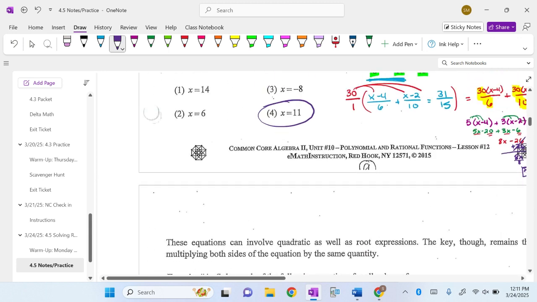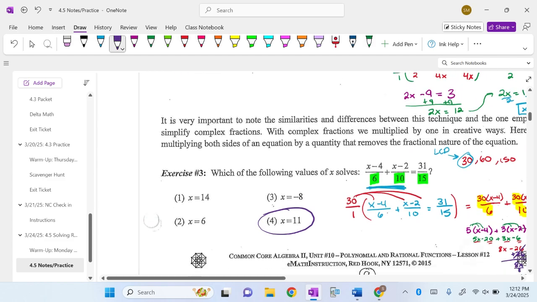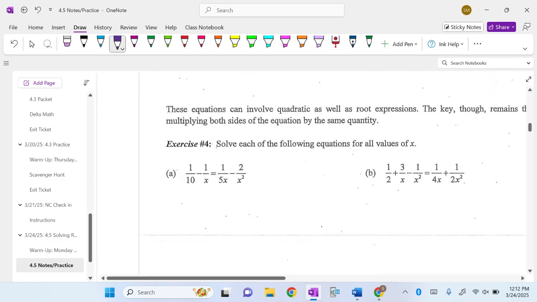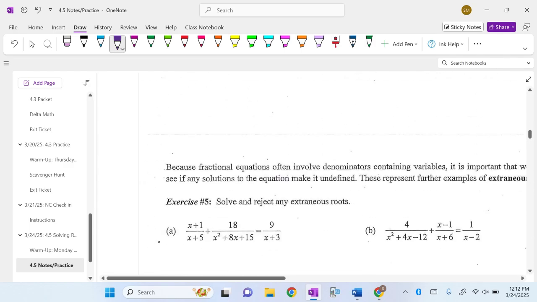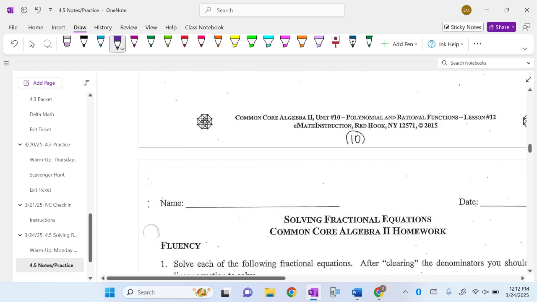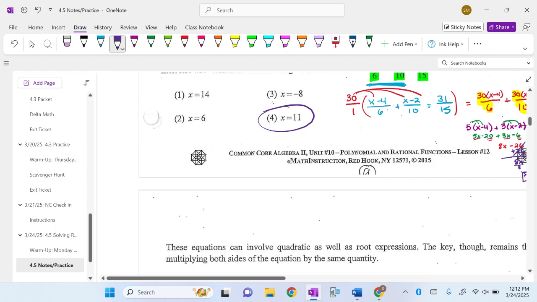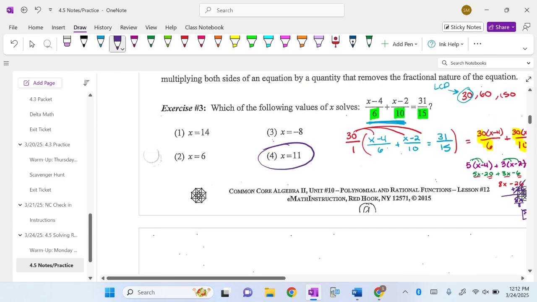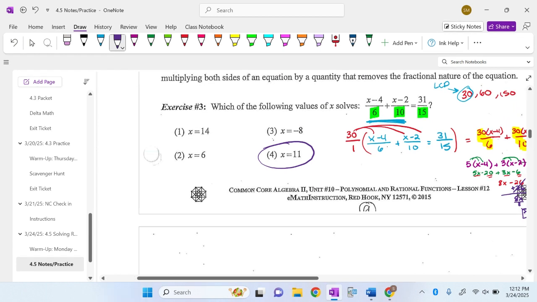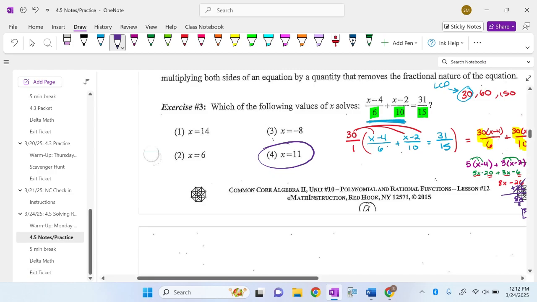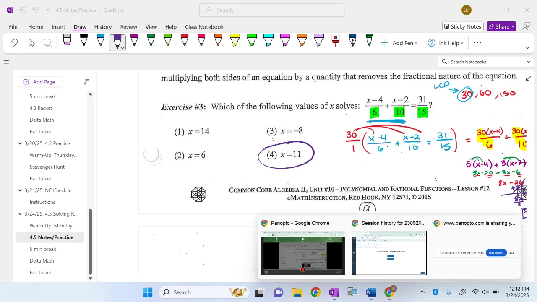All right, so we're going to stop there for today and come back to this later this week. What we're going to do now is I'm going to give you guys a 5-minute break. If you need to use the restroom, you may. If you want to chill for a second, you may. After that, there is a new Delta Math for this. You only need to do the ones that say proportions on it. If you want to try the first level of other rational equations, that's fine, but you really only have to